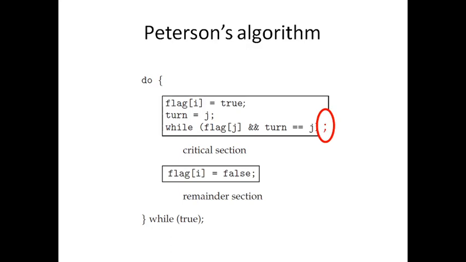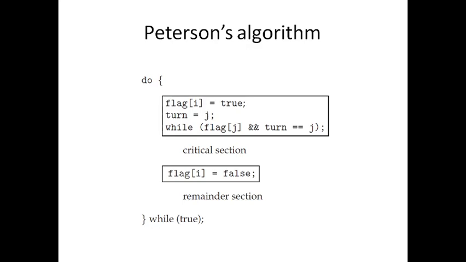So this is what is checked by the first process. And the second process will check whether the ith process is inclined to enter the critical section, because flag[i] equal to true means that it wants to enter the critical section. So process j checks whether process i wants to enter the critical section and the turn is also i, which means process i is both willing and has the turn, so process j has to stay away.